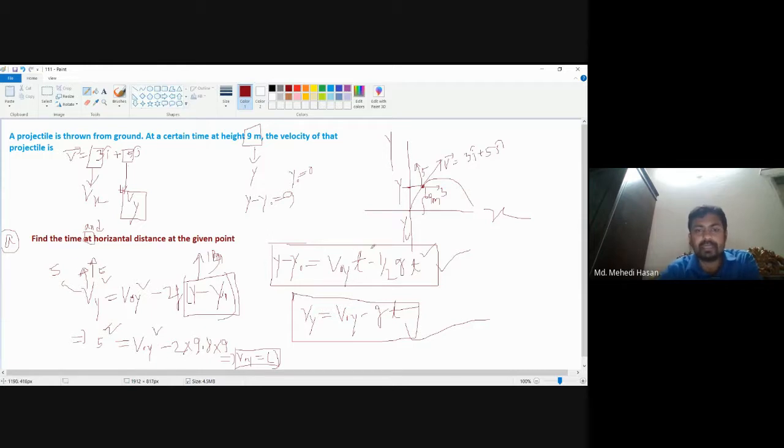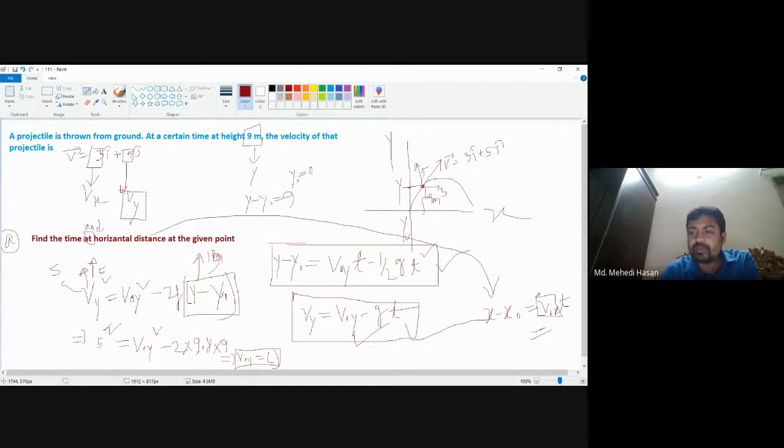Now horizontal distance, second part, horizontal distance, if the question is horizontal distance, so we know that equation for horizontal distance is x minus x naught is equal to v naught x t, and এই টাইমটা অলরেডি পেয়ে গেছি, যে পয়েন্টে বের করতে বলছো ওই টাইমটা অলরেডি বের করে নিছি আমরা এখান থেকে, এই যে কি বলে ওই প্রিভিয়াস ফার্স্ট ইকুয়েশন থেকে, ফার্স্ট কোশ্চেন থেকে।